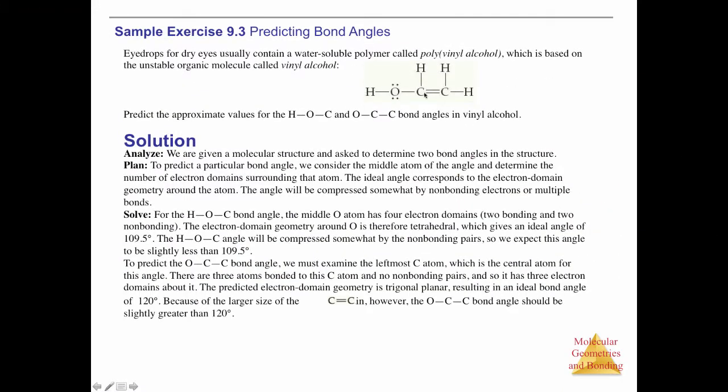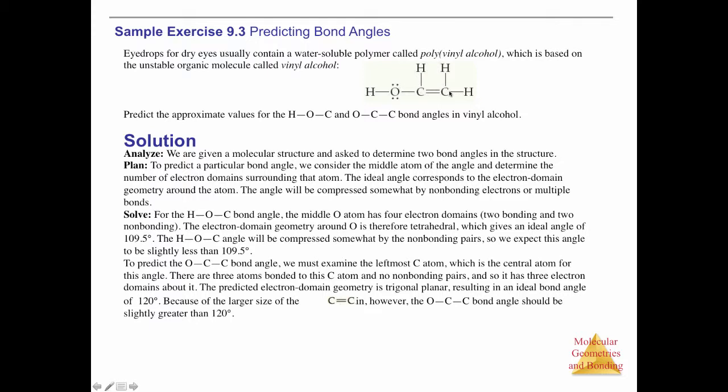HOC bond angle, the middle oxygen atom has 4 electron domains, 2 bonding and 2 non-bonding. The electron domain geometry around the oxygen, therefore, is tetrahedral, which gives an ideal angle of 109.5 degrees. The HOC angle will be compressed somewhat by the non-bonding pairs, so we expect this angle to be slightly less than 109.5. To predict the OCC